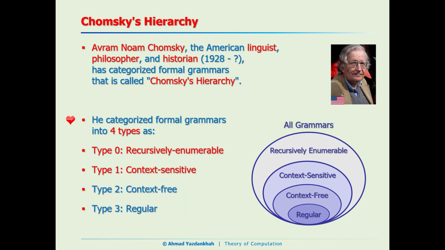He called the first one type 0, that is recursively enumerable grammars or unrestricted. Type 1, context sensitive grammars. Type 2, context free grammars. And type 3 as regular grammars. As we mentioned before, these two are beyond the scope of this course, and we won't talk about them anymore, but we will focus on